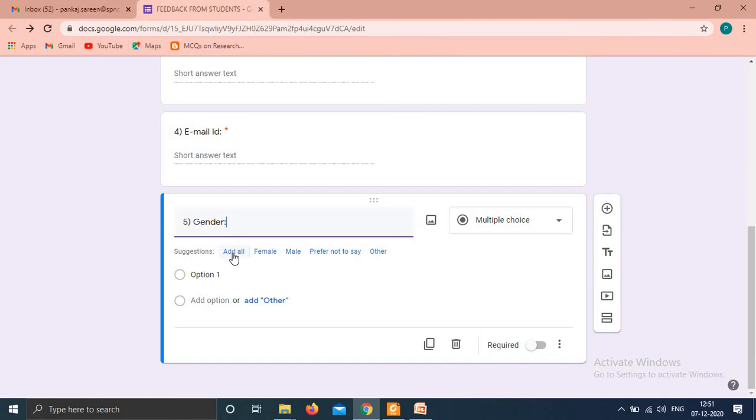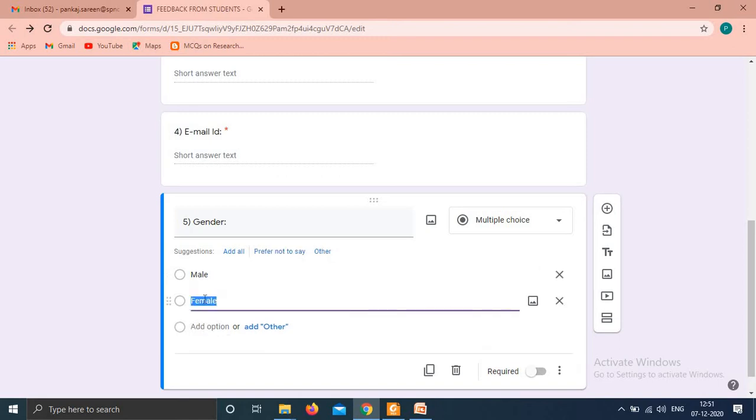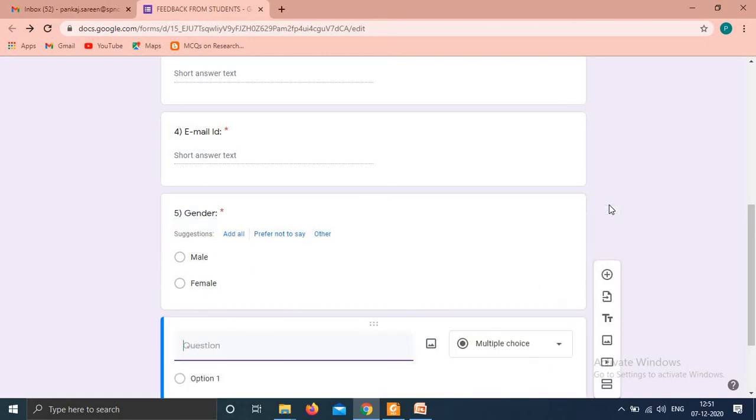If you want to add all, you can add all from here. And if you want to add only 2, you can add male and female. Fine. So it is also required. Fine. So it's very easy to create a Google form.